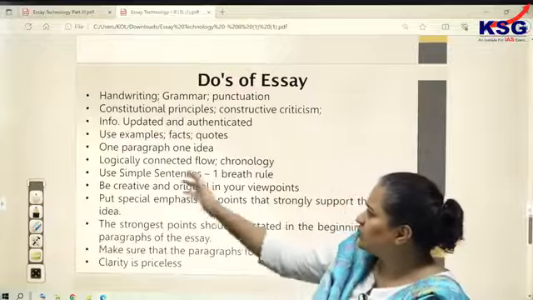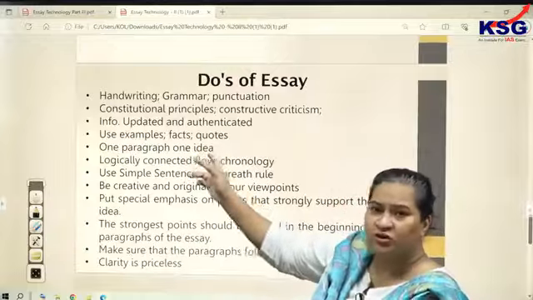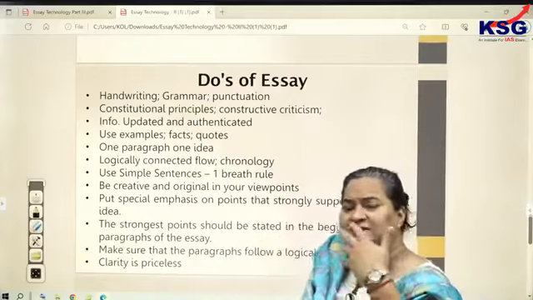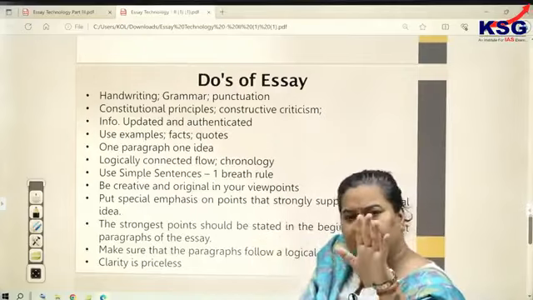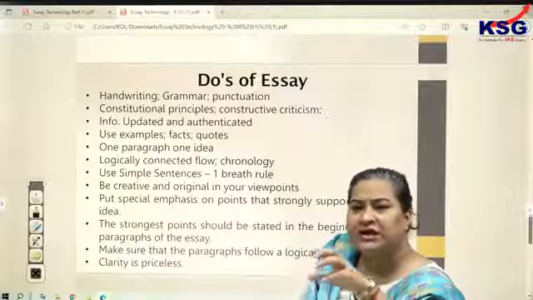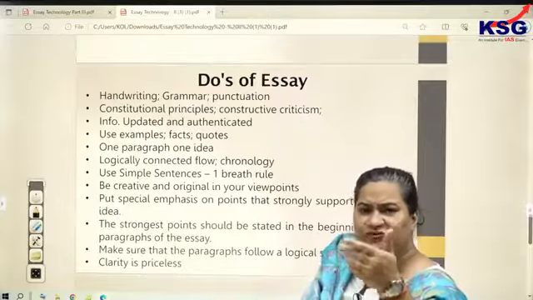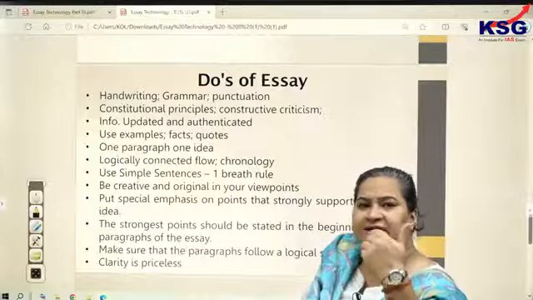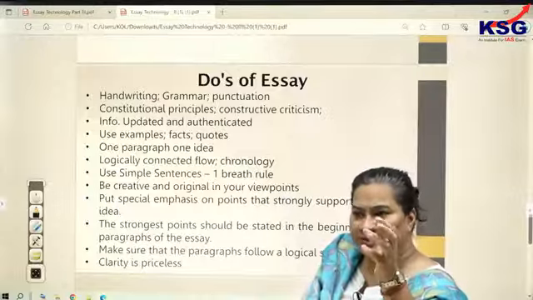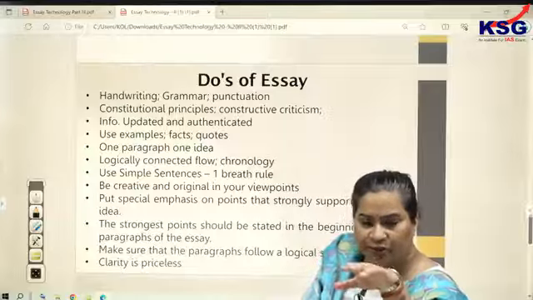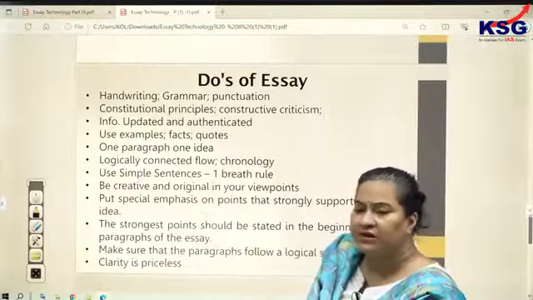Again, with respect to this, use examples, facts and quotes. Not too many, not so much that it overwhelms the examiner, but in moderation, examples, facts, information create an engaging bit with the essay. We read it and we are like, wow, this was fun to read. We could understand and perceive it thoroughly. And a person could understand that the quality of the content is really good. All right. So that's something which you can connect with.